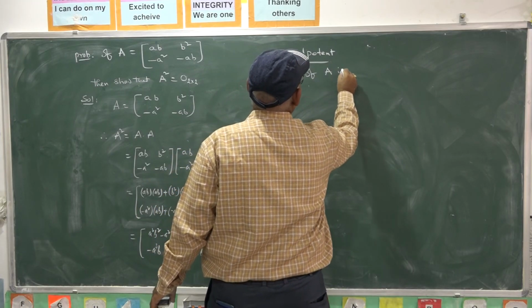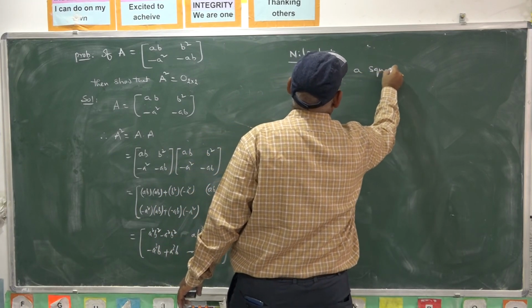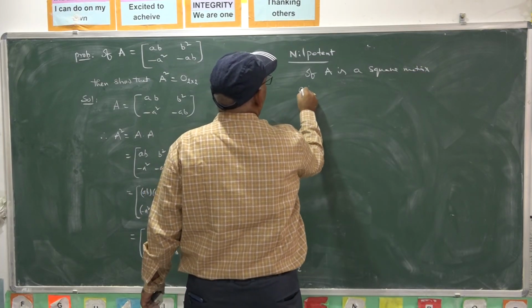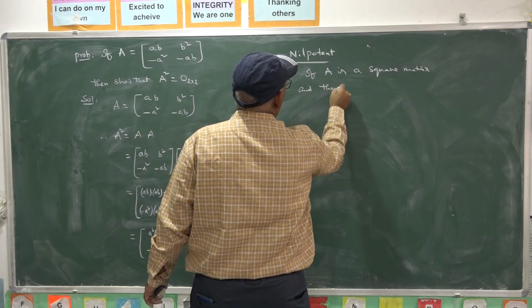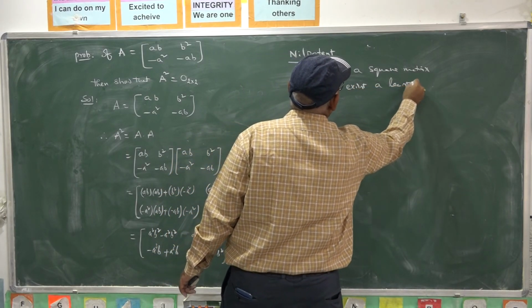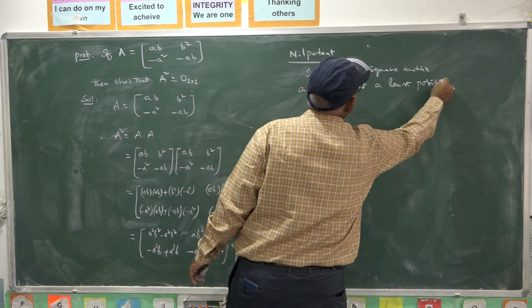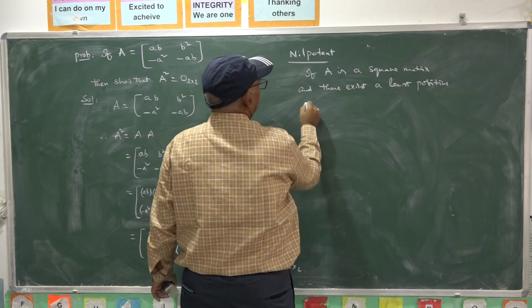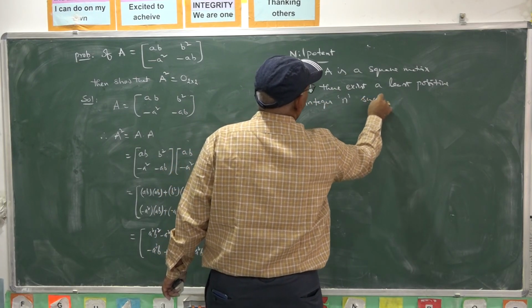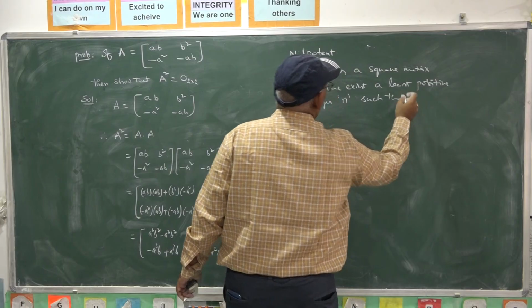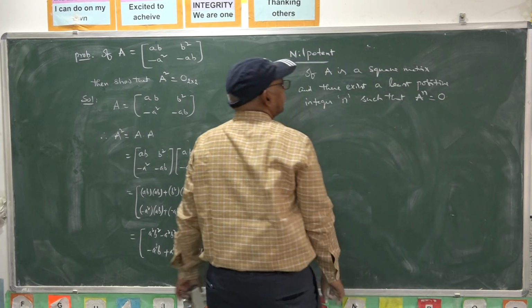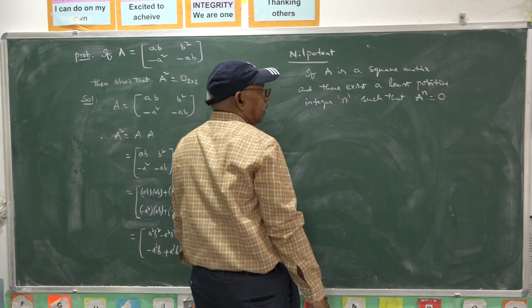If A is a square matrix, and there exists a least positive integer n such that A power n is the null matrix,